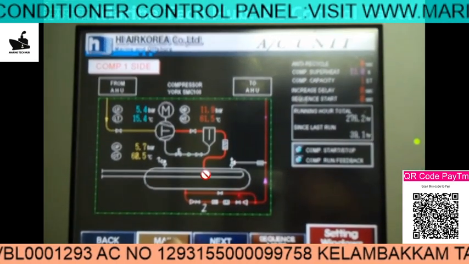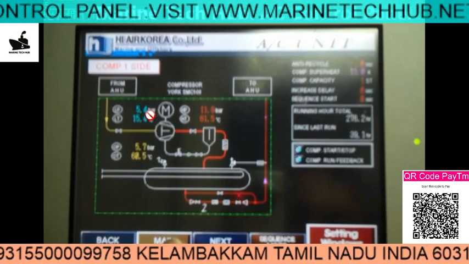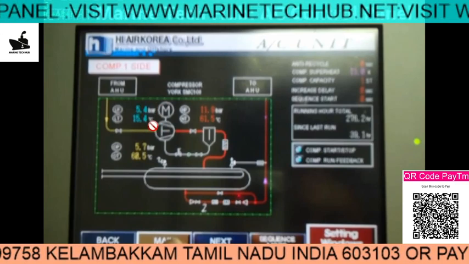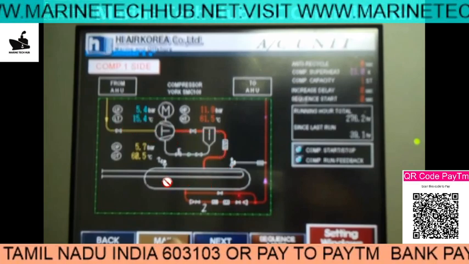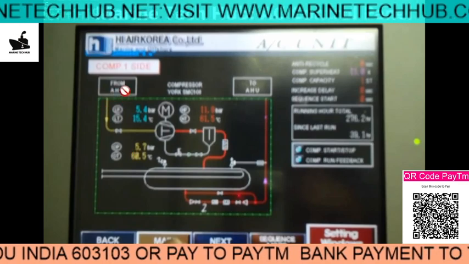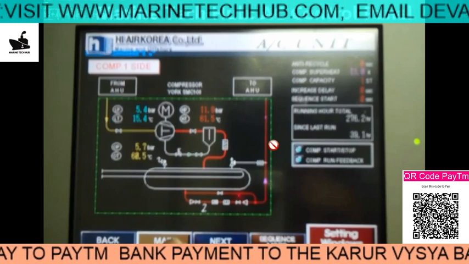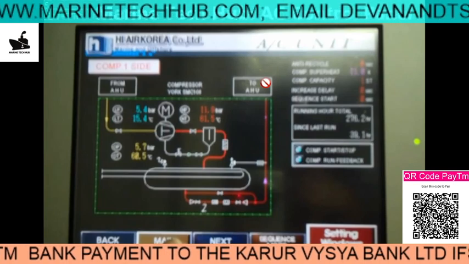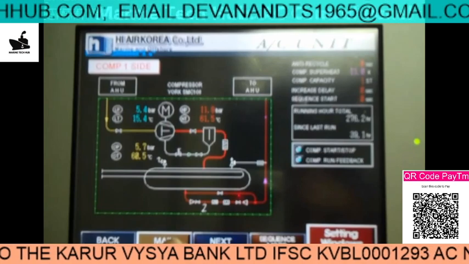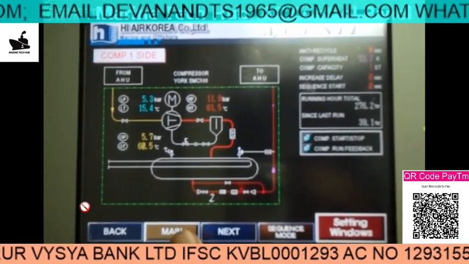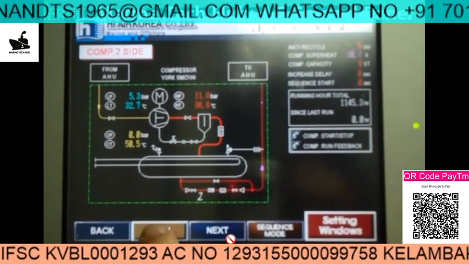You can see here this is the compressor running, and you can see 5.4 bar is the pressure here. Temperature is 15.4. After it is compressed, it goes to the condenser for cooling. You can see the AHU unit coming from here, the inlet. Then this is the outlet to the AHU unit. This will go to the cabin. So parameters can be adjusted from here. I will run through all the slides so that you will understand what I am doing.